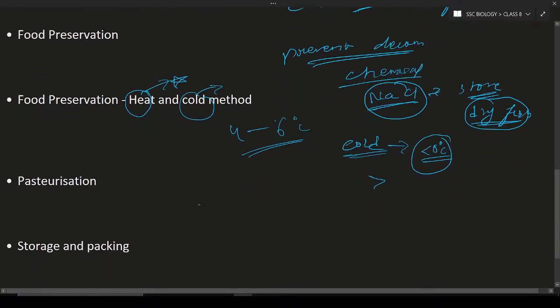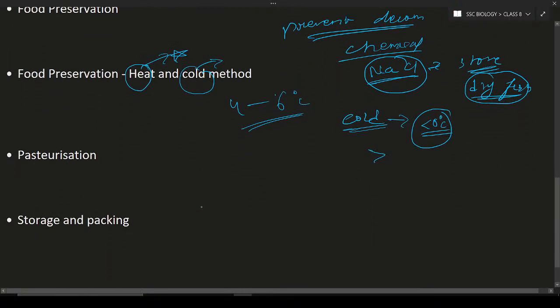So next one is pasteurization. So what is pasteurization? It is a preservative method. Okay, it is a preservative method for storing milk. That is known as